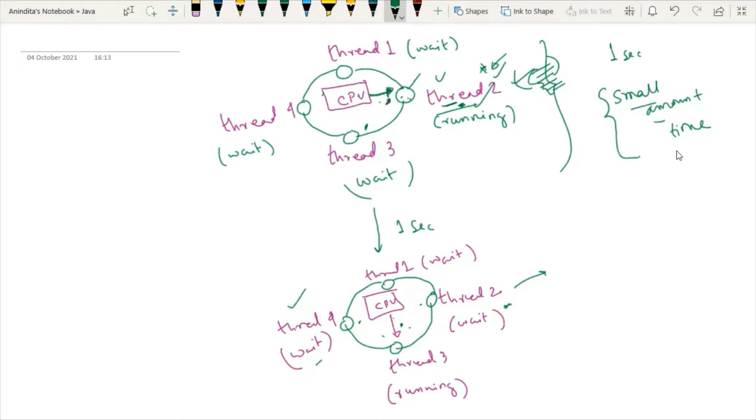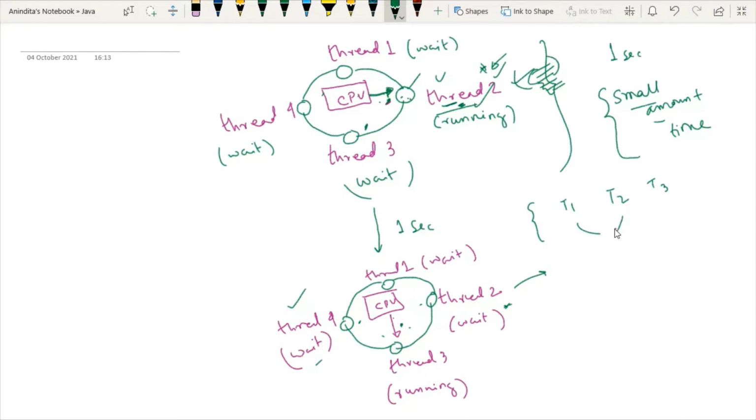But whenever I'm talking about the Solaris system, I was talking about some kind of priority. So now there will be one question: what is the priority concept? Try to understand. Priority means assigning some numbers to the threads, right? In case of preemptive scheduling, depending on the priority level, the system runs the thread with high priority. And a low priority thread in a running state may be removed from the execution in order to allow the higher priority thread to run immediately.